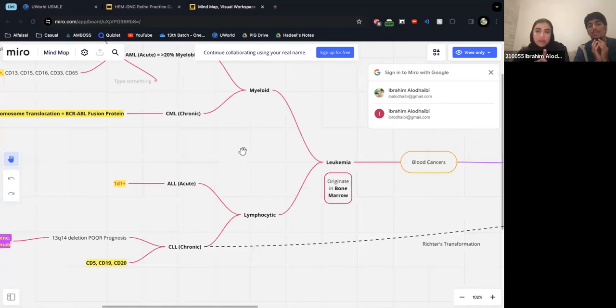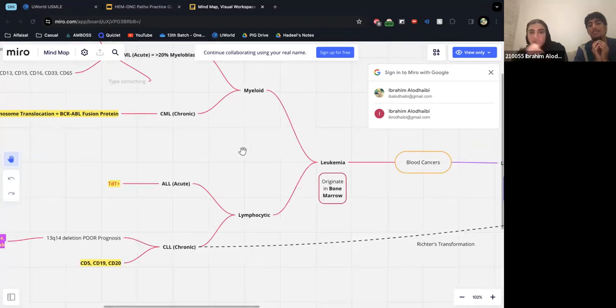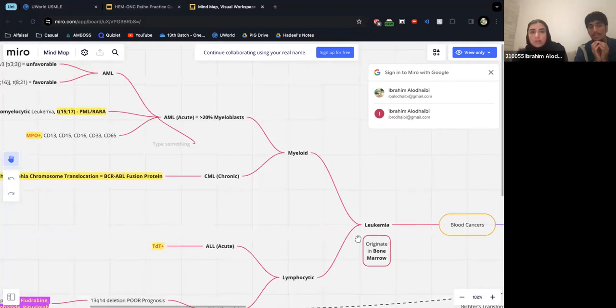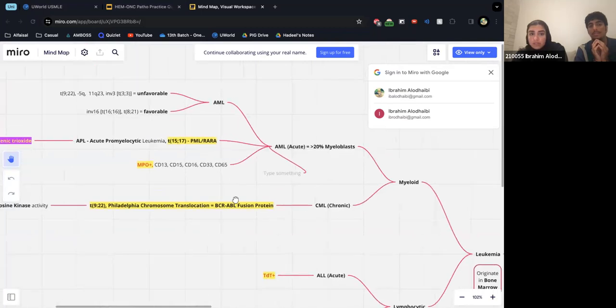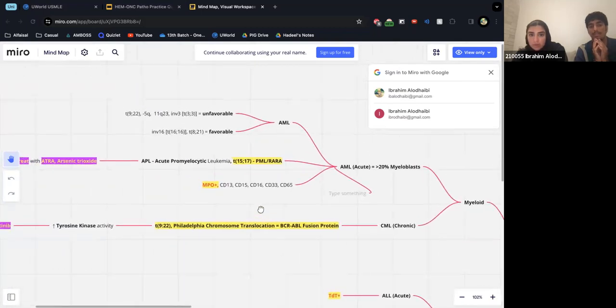So the first thing is location. So leukemia, bone marrow, leukemia. There's 2 types, myeloid and lymphocytic. And for both, there's acute and chronic. So let's look at the myeloid, acute and chronic first. So for the acute, obviously there's quite a few things that you need to remember. Forget about this. But there's acute myeloid leukemia. You have unfavorable